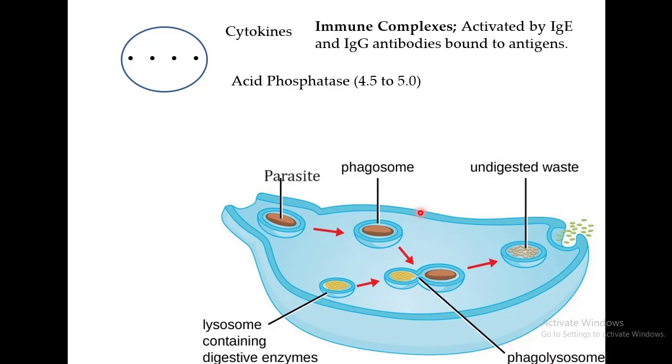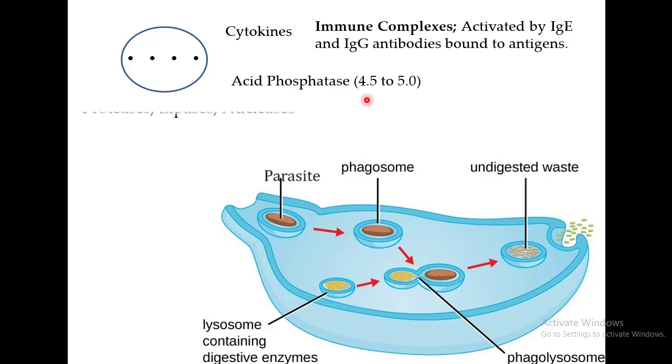Now, the acid phosphatase moves after the degranulation and interacts with the phagolysosome. The phagolysosome provides an acidic environment to the acid phosphatase, from 4.5 to 5, and that leads to the activation of the acid phosphatase. When the acid phosphatase gets activated, it carries out the dephosphorylation of a variety of substrates, for example, the phospholipids in the membrane. And when the phospholipids in the membrane get dephosphorylated,